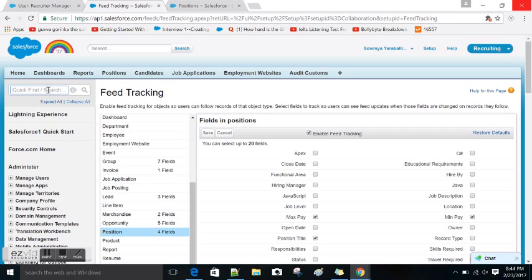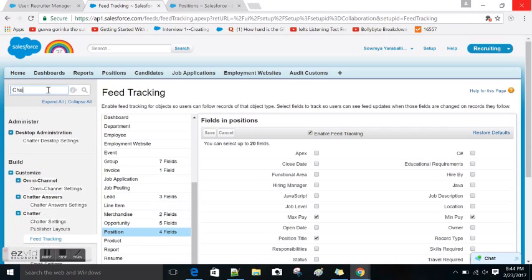And after this, you have to go to chatter settings. Okay, in chatter settings, there is a field called allow approvals.